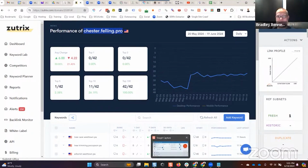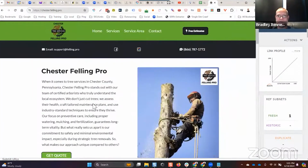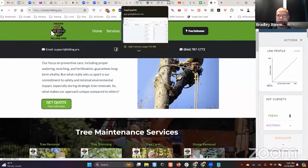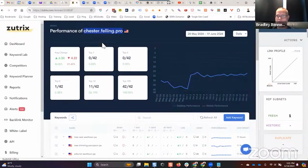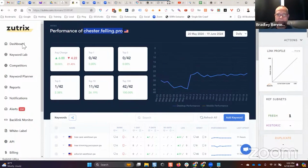LLG sites template right there. That is exactly what I'm teaching. That's a high-level site deployed a month ago, if that, and it's ranking quite well with no backlinks at all. So if I start building links to this, the project will start to perform better. But I like to leave them sit so that I don't skew the results for my students by building a bunch of links to them and then pointing to rankings when I built a bunch of links. I don't want that. I want to show how these projects will perform with no links, right? Or very few. So